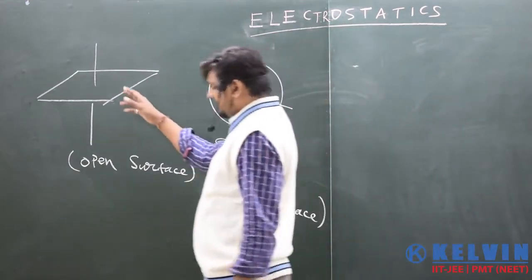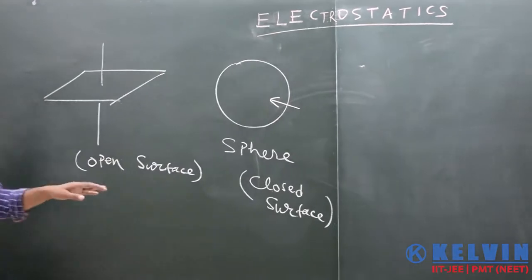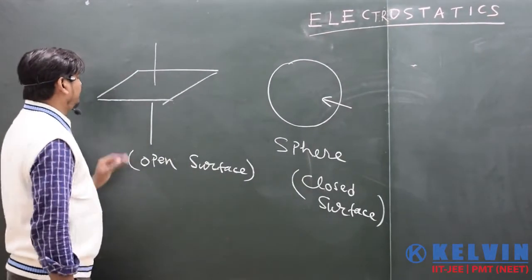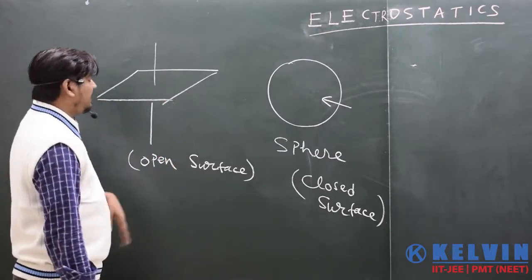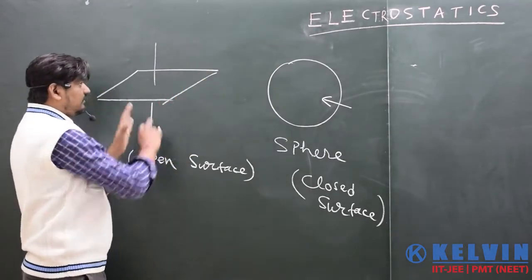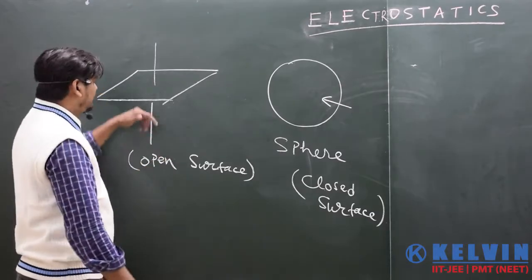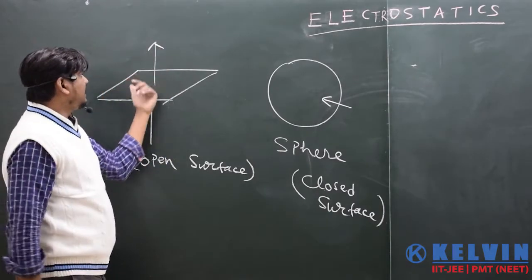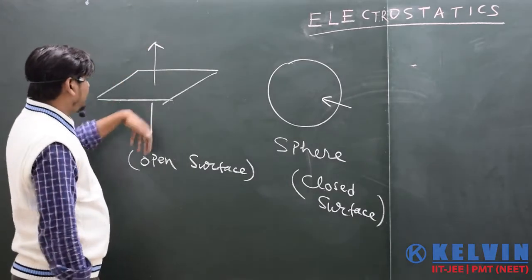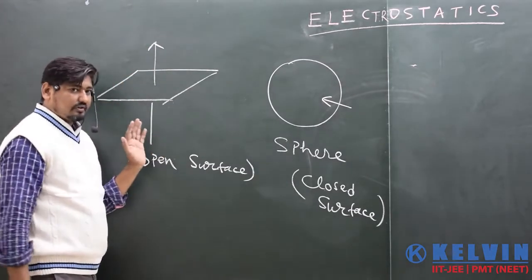Now another important thing is to find the area vector for open surfaces and closed surfaces. And I have already told you about the open surface. We are aware of the fact that the area vector is always perpendicular to the area itself. And for the open surface, it is our own choice whether we are going to take it perpendicular to the area upwards or perpendicular to the area downwards. It is your choice, right?